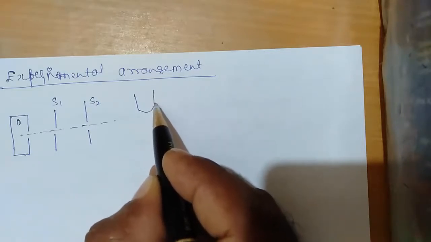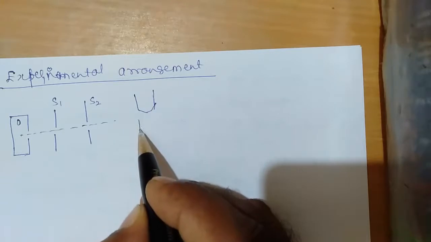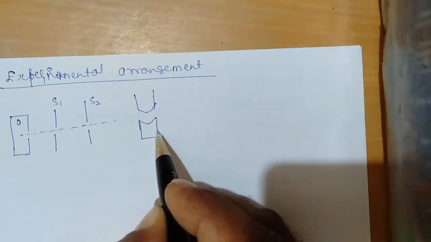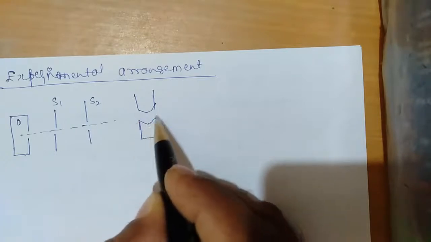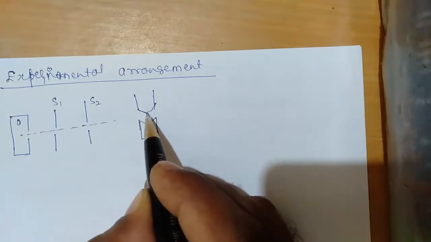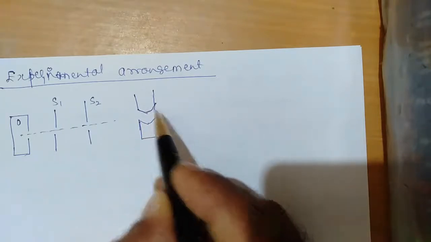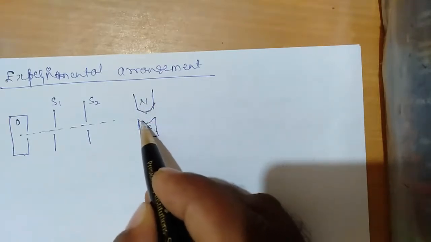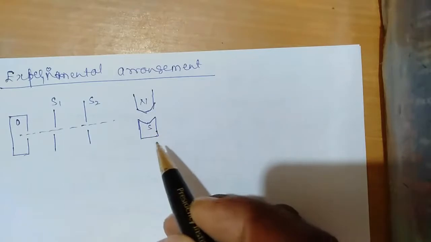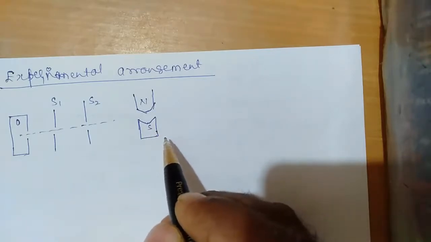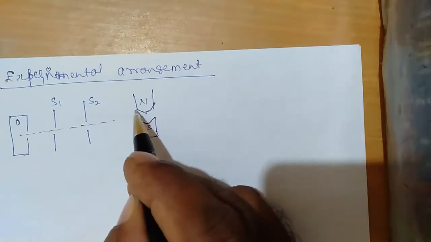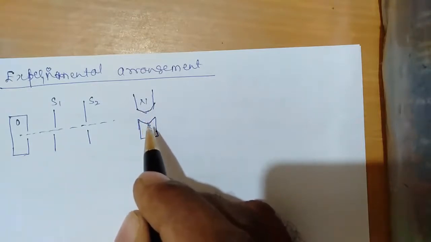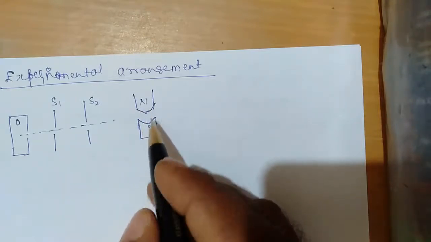These are the pole pieces of the bar magnet, where the magnetic field is non-uniform at this particular point. Why? Because if you look at the shape of the pole pieces of the bar magnet, it is not uniform, it is of a knife edge shape. Therefore, within this field, it produces a non-uniform magnetic field.